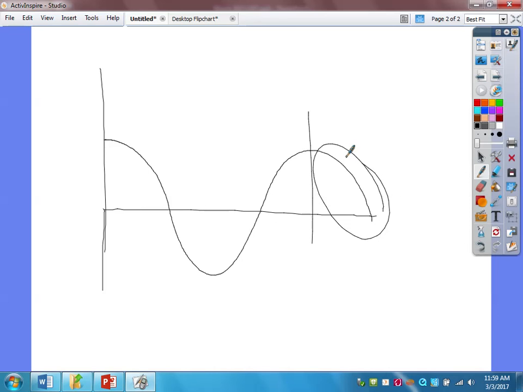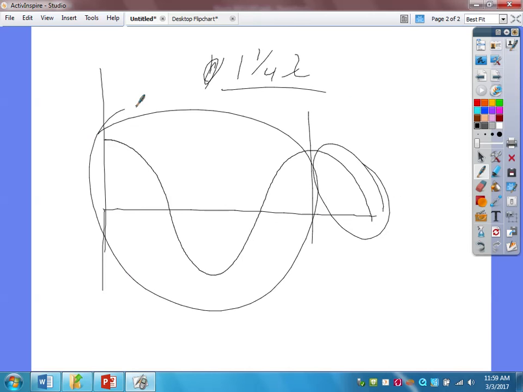Okay, a quarter of a wave. So this is actually only 1 and a quarter wavelengths. All right. So this might be something you're going to have to look at very carefully. You're going to have to discern it and go, where do I want to start watching my wave? Where do I want to look at it? Because I get plenty of people that say, this right here is only a half of a wave. Nope, that is a full wave right there. We got to be very careful with that as well.